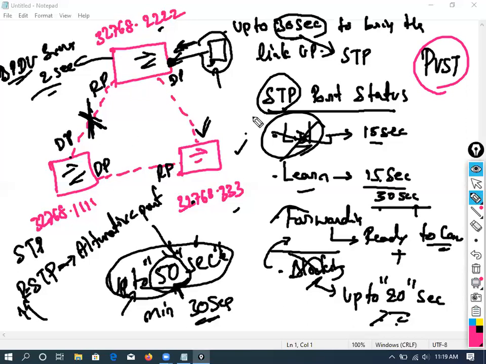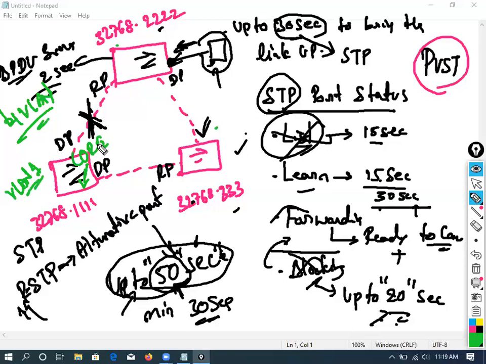Now assume that in these three switches I implemented a total of maybe 4 VLANs. As per VLAN 1, this is the core switch. As per VLAN 2, which will be the core? It could be the same. VLAN 3, it could be the same. VLAN 4, it could be the same. Is it clear? Now here you can even bring a little load balancing.